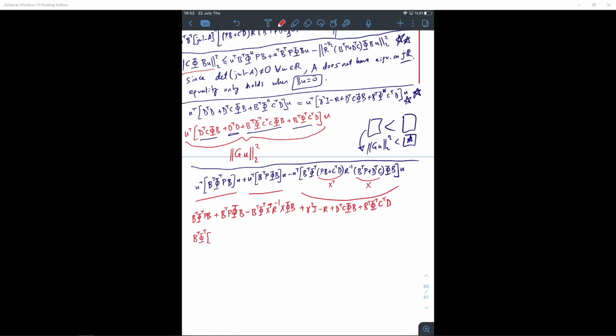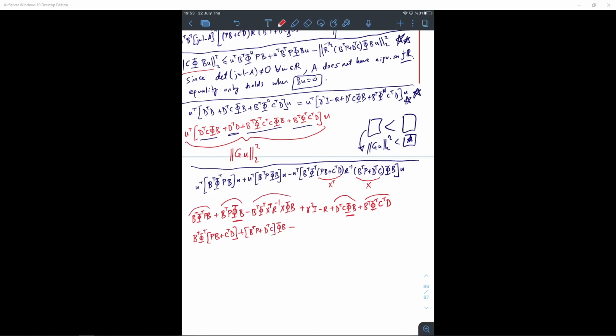We are going to group them together: P B plus C transpose D, and here C transpose D. So we just did this term and this term, plus phi B, and phi B, B transpose P plus D transpose C phi B. We just did this term and this term, we grouped them together, minus